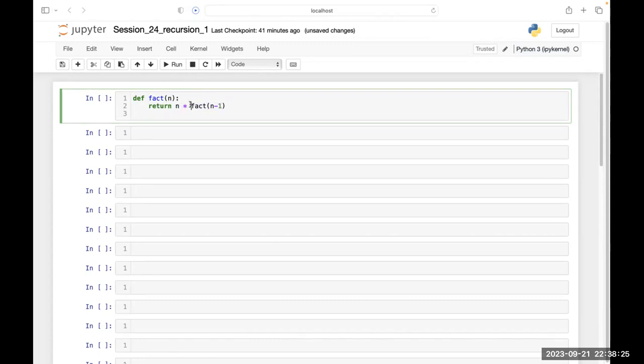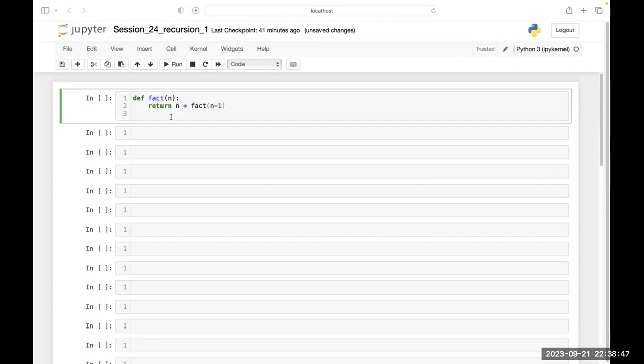Now this factorial n minus 1 in fact will ask me to return n minus 1 into factorial n minus 2. That in turn will ask me to return n minus 2 into factorial n minus 3, and it goes on till it reaches a base case.